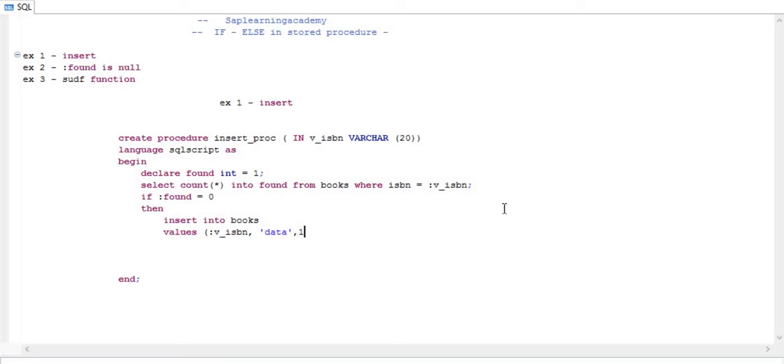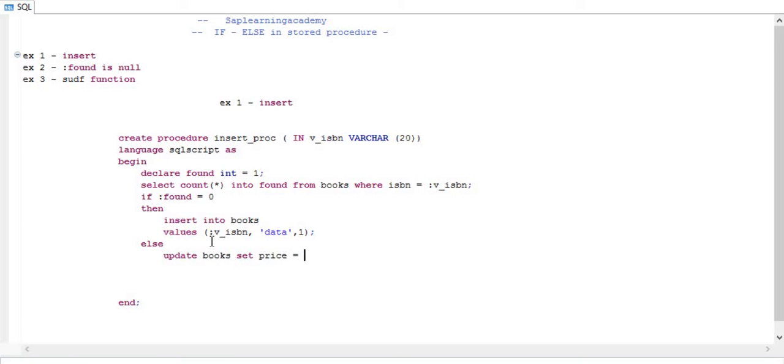So these are the few things, and you can write else. First you have written if, then you have given a condition. If this satisfies, then your insert will work, and if this doesn't satisfy, then you can go and update some other logic. Update books set price.